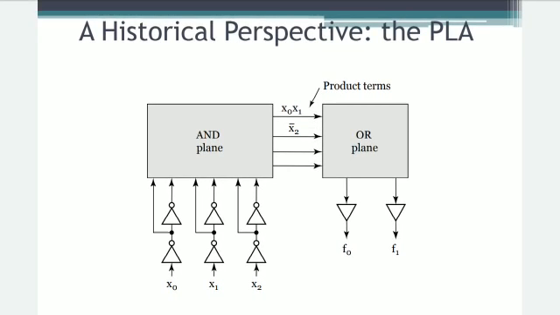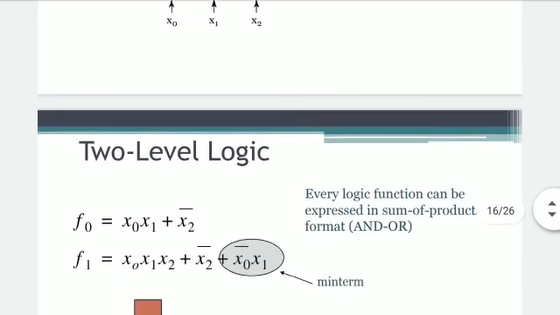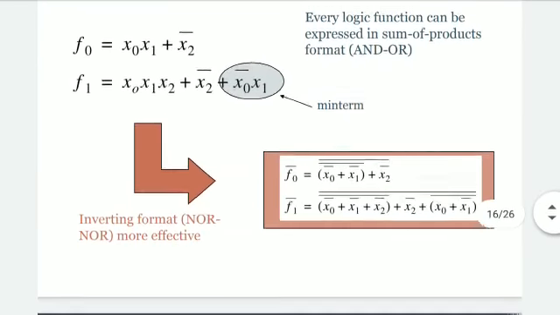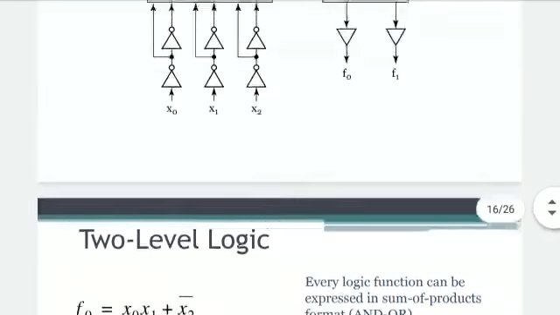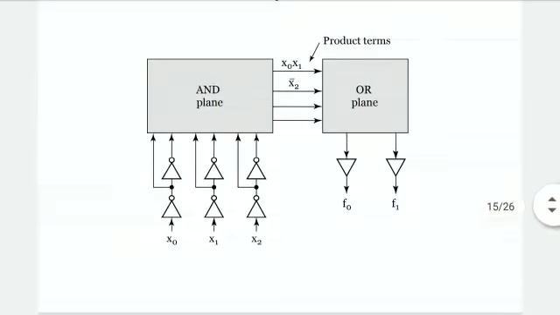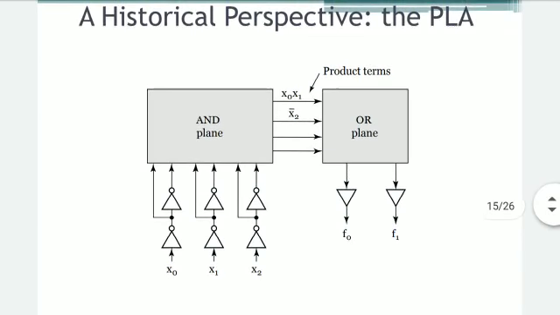The input and output columns partition the array into two subarrays called AND and OR planes respectively. That means whatever the Boolean function may be, if we can convert it into NOR-NOR or sum of product terms, we can implement it using this simple structure of AND plane and OR plane, whatever the Boolean function may be.